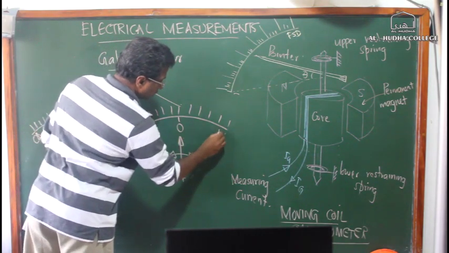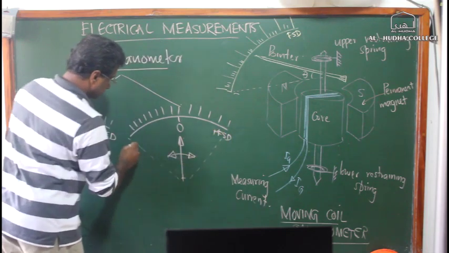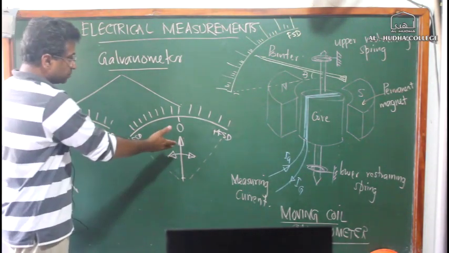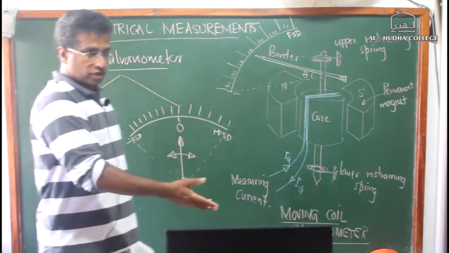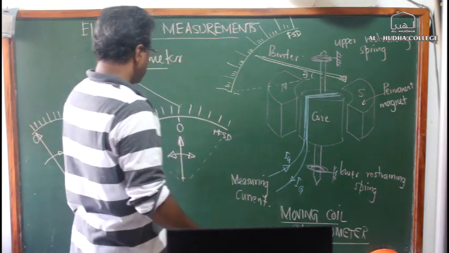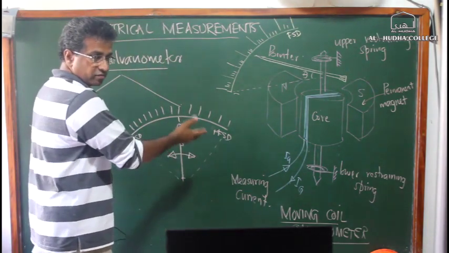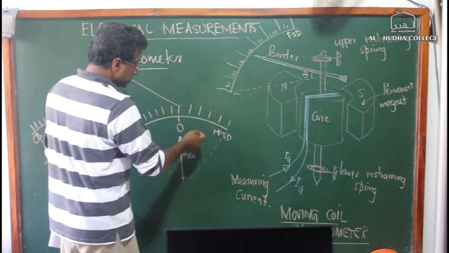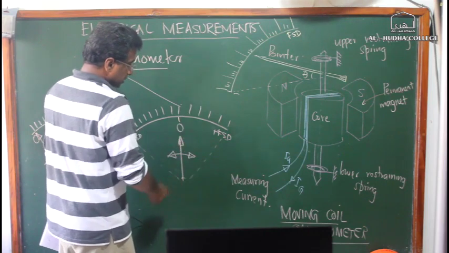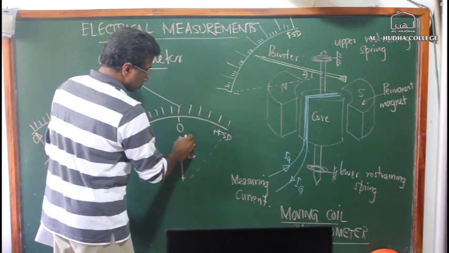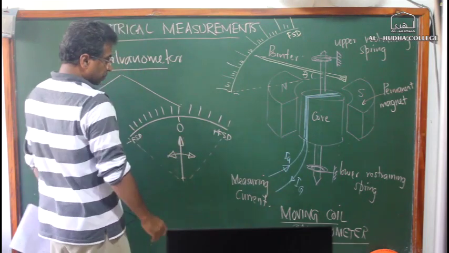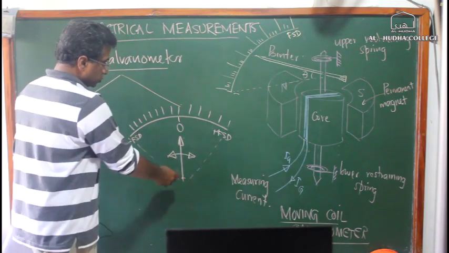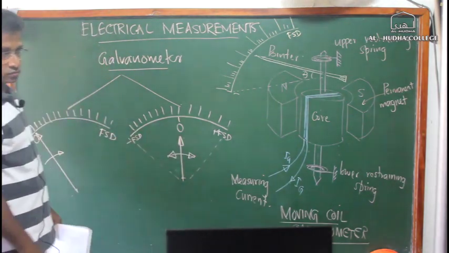So it can be a positive FSD, full scale deflection, or a negative full scale deflection. So with this type of galvanometer, you don't have to worry about the polarity. You can connect it any way, and it will also indicate in which direction the current is flowing, right? If you connect the terminals to positive and negative correctly, it will go to the positive side, so you know the current direction. And if you reverse the current, it will go to this side. So from this galvanometer, you can even identify the direction of the current flow, right?